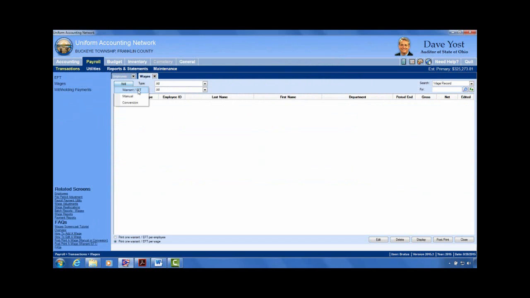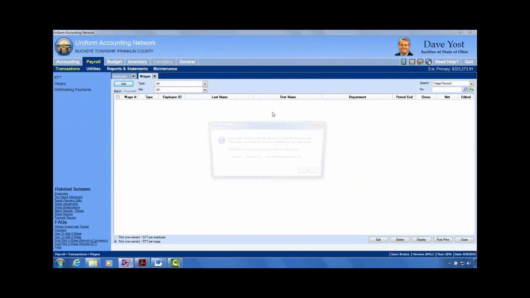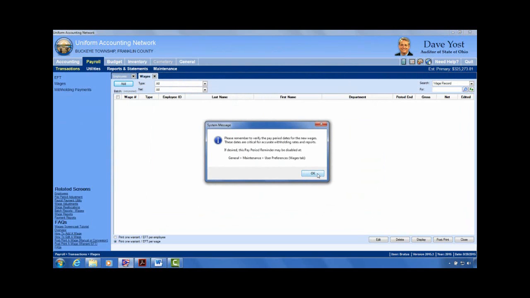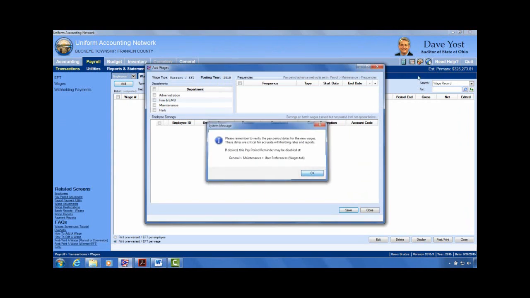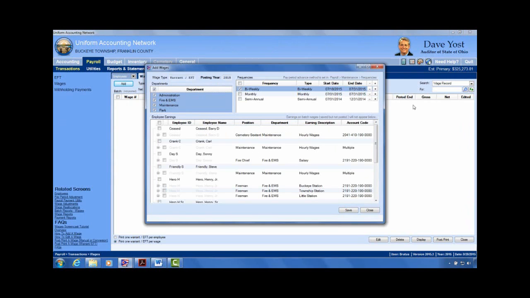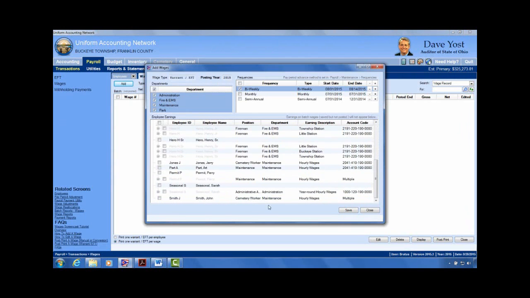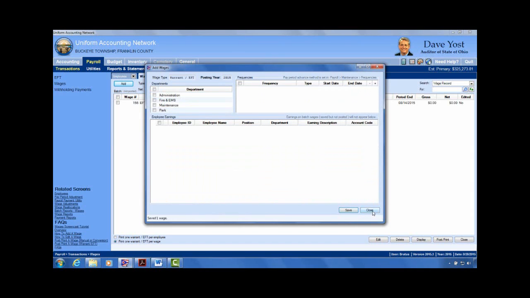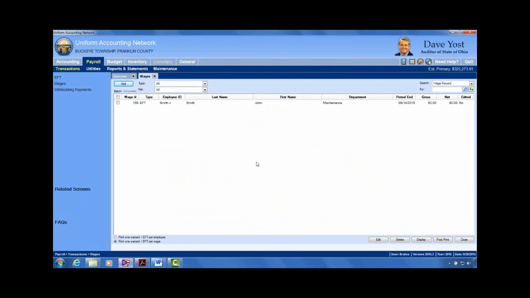When I add a wage into batch, I get my usual messages, and yes, I should make sure I select my frequencies. John's bi-weekly, so I'll advance the date on my frequency, and then I'll find his name on our list. We're just going to add him. And close. Just want to show you what this looks like